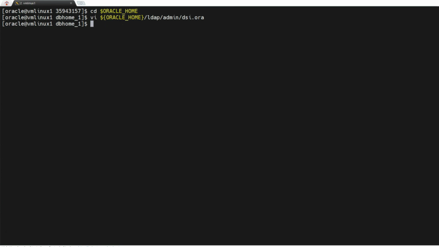Then we have to create a wallet for the AD authentications. So we will first make a directory under the Oracle base admin within that Oracle SID, and the name of the directory will be wallet. Please note that this directory is outside of our Oracle Home, because that can be shared by other databases or other Oracle Homes also. Press enter,